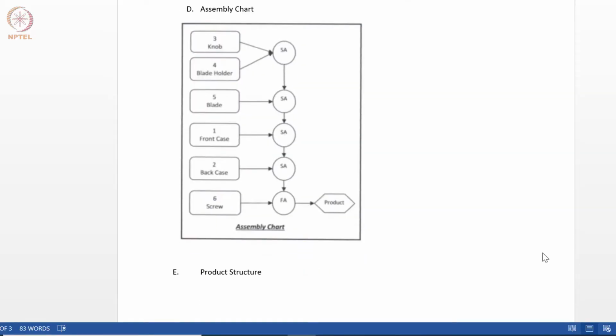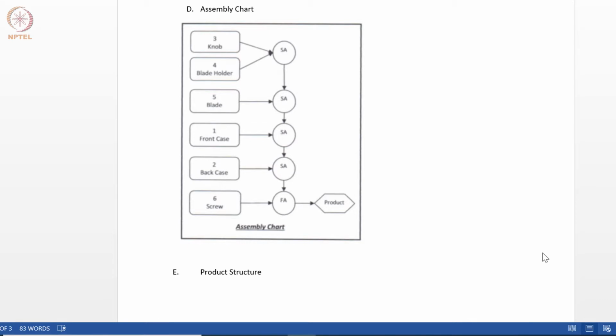And then once that is completed, you look at the way you disassemble the product and try to identify the sub-assemblies within the product. What are the few things which add up to a particular sub-assembly, how many sub-assemblies will be there, and how are they combined together to form the whole product? So that is basically the assembly chart.